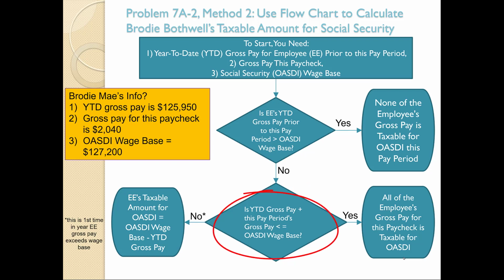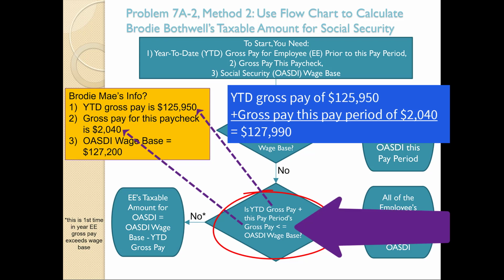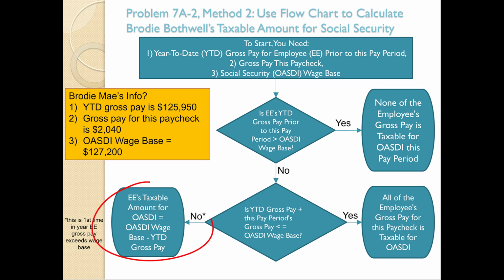Is year-to-date gross pay, $125,950, plus this pay period's gross pay less than the OASDI wage base? So year-to-date gross pay, $125,950, plus $2,040 is $127,990. So the question is, is that less than the wage base? No, it's not. So then we go over to this box that says employee's taxable amount for OASDI is the